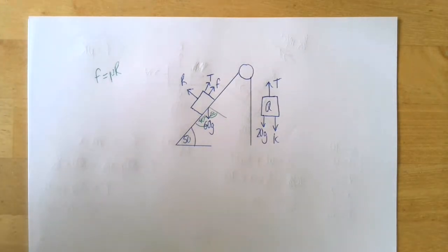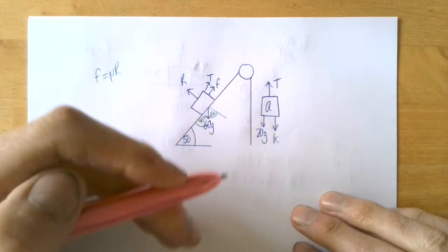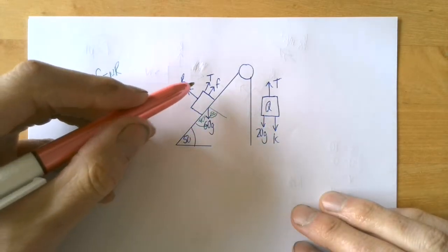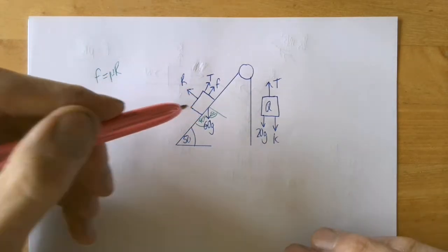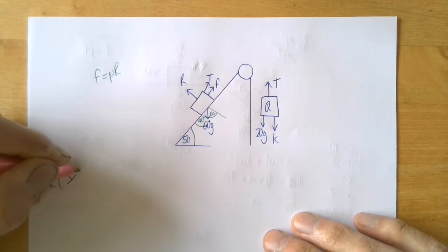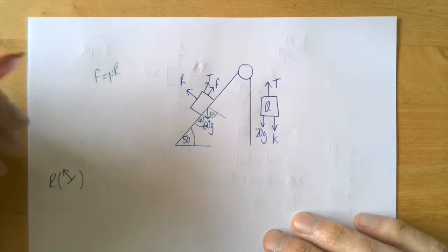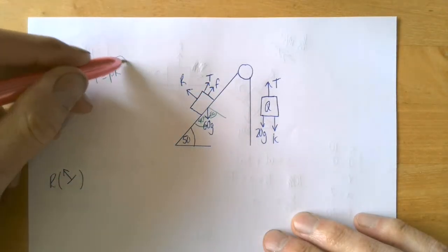So we are asked to find the tension in the second string. Now it's not immediately clear to me which I need to work out first, but I do know here I've got two unknowns. So I'm wondering if I'm better off starting here. So here's what I'm going to do. For this block here, I'm going to start by resolving perpendicular to the slope, which means these two forces I don't need to worry about. Then I'm going to use F equals mu R,